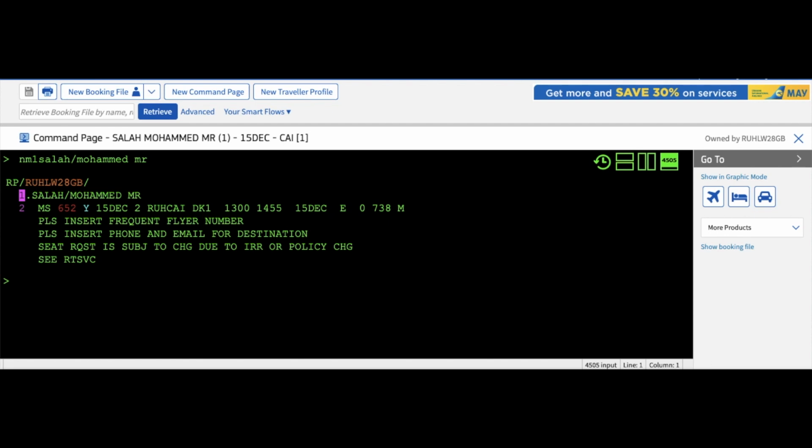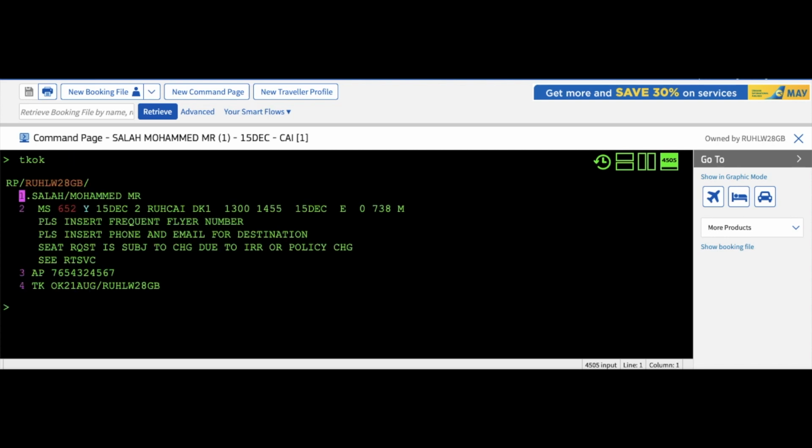After that we will put the passenger phone number, AB, any number, enter. And we will put TK OK, it means ticket OK,